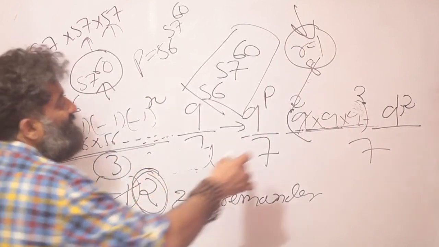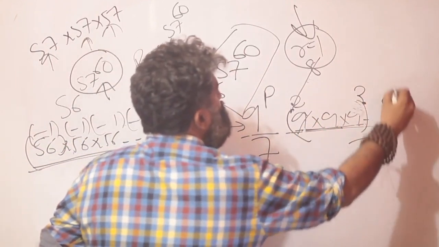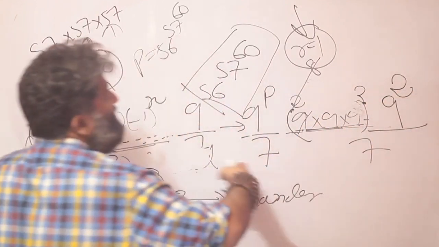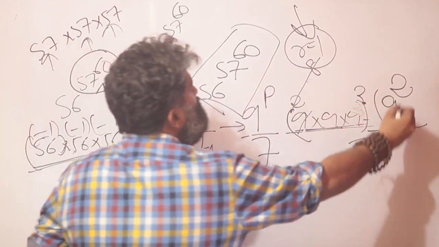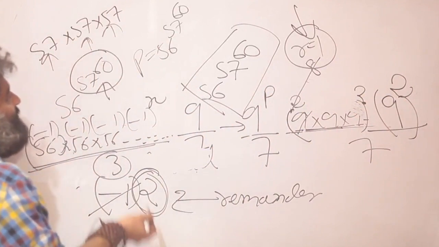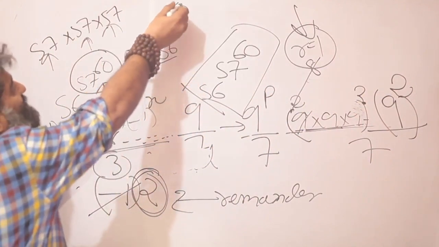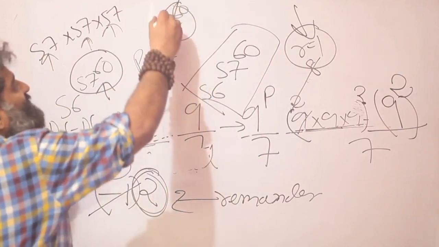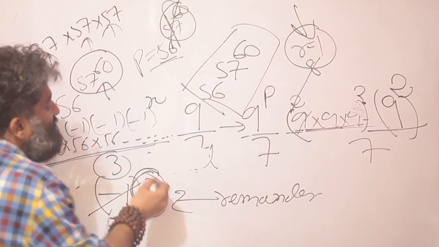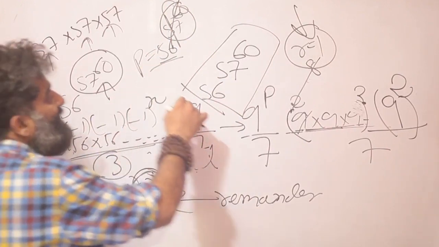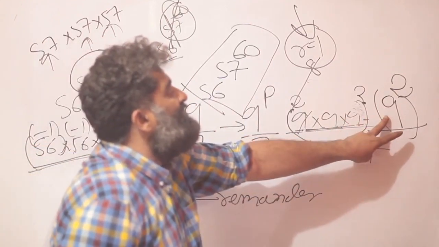What does it mean? Once I form a lot of groups of 3, there will be 2 9s left. There are so many girls, when you divide them into teams of 3, still 2 girls will be left. Why? Because once you took the power, which was 56 raised to 57 divided by 60, which was nothing but 56 raised to some power, you divided this by 3, you found out the remainder was 2. Why were you dividing it by 3? Because you needed 3 girls. What does the remainder of 2 mean? There are 2 girls left over.